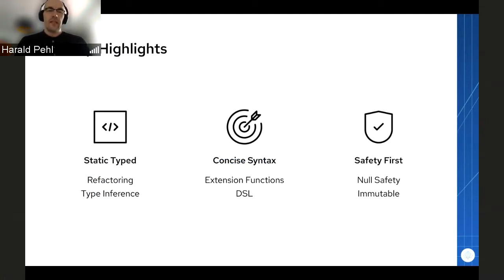One is that it's statically typed, so you have great support for refactorings. If you have a large code base, that's really a big advantage. You have some sort of type inference, so that when you define a variable you know what kind of type it is. It has a very concise syntax, which you will see in a moment when I show some code snippets. Then you have this kind of DSL, which stands for domain-specific language. This is something which is very useful.